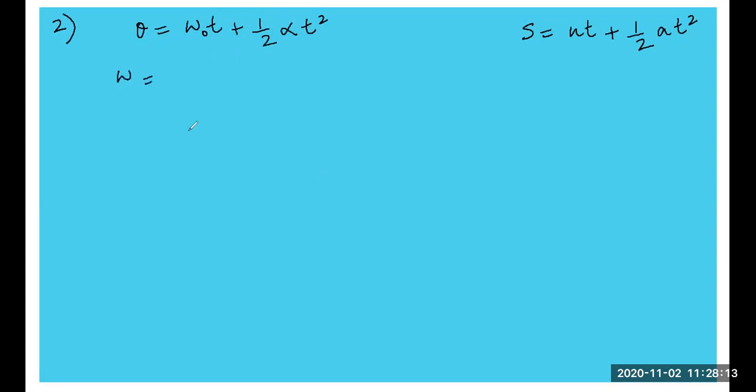Omega is equal to what? Angular velocity is rate of change of what? Angular displacement. That is d theta by dt. Well, from this, I can write d theta would be equal to omega dt. Very right. So students, again, I can apply the lower and upper limits like at t is equal to 0, when time is 0. So what you can say, when time is 0, there is no angular displacement.